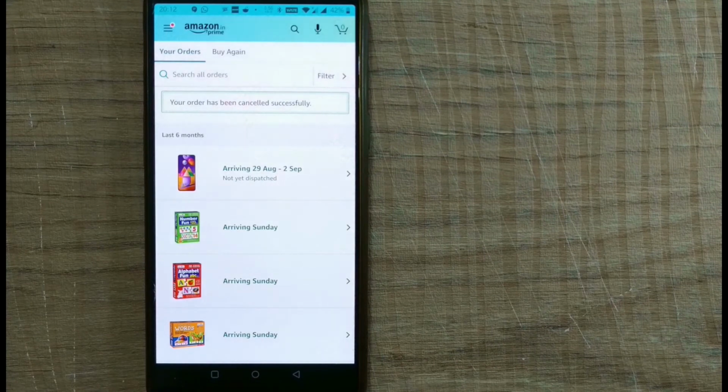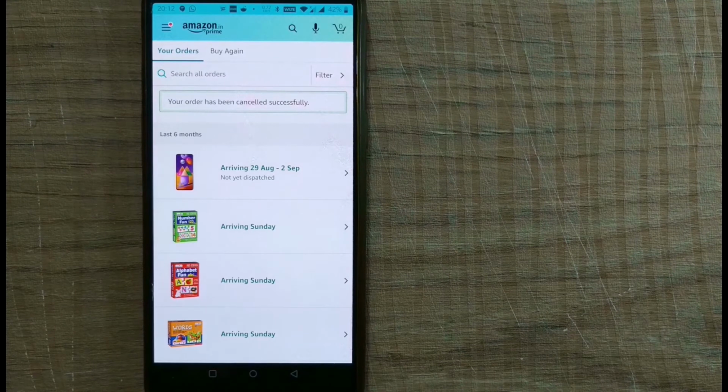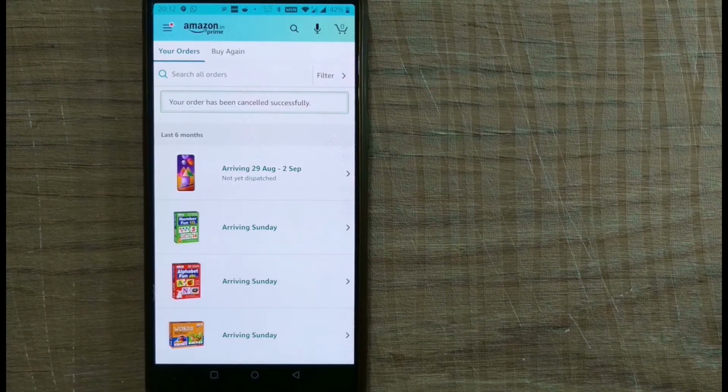This is only for cancellation. There could be two cases. Either the order has come from Amazon Prime, which can easily be cancelled, refused or returned. But when the order has come from a third-party seller, who has already shipped it and there is no option to cancel the order, then you can contact the seller directly.